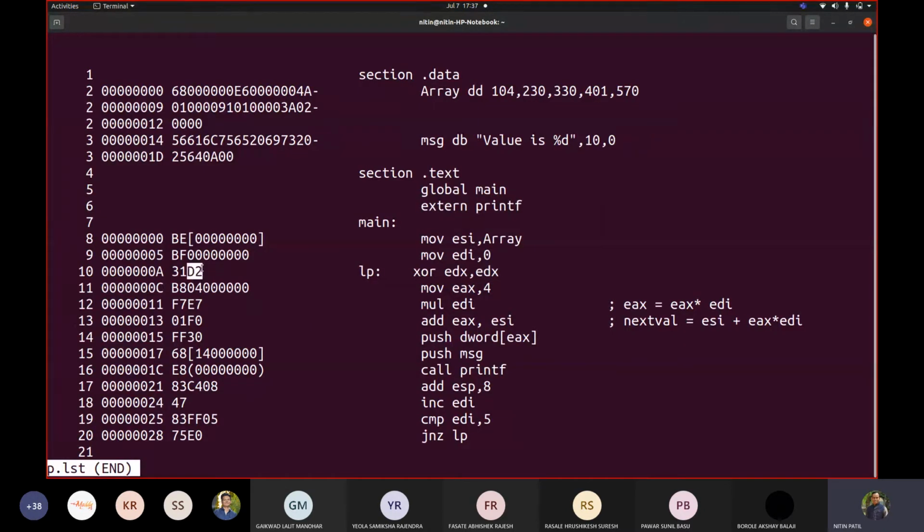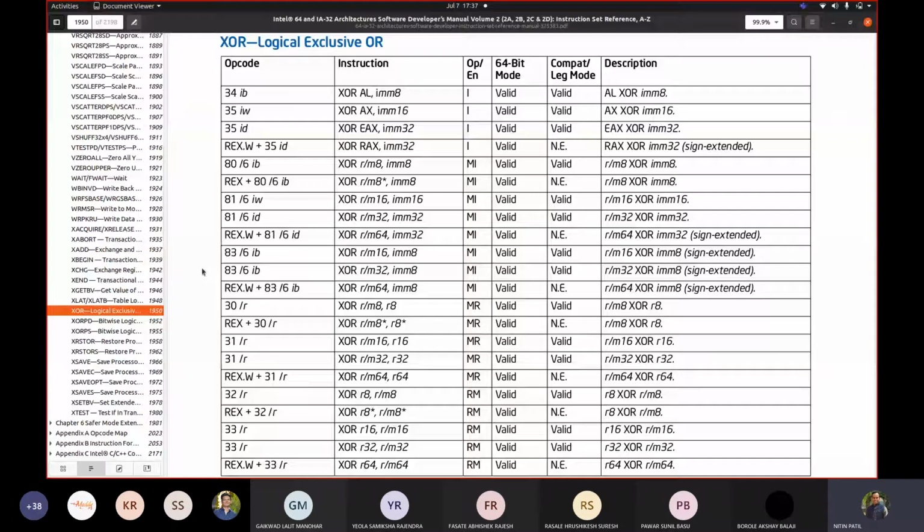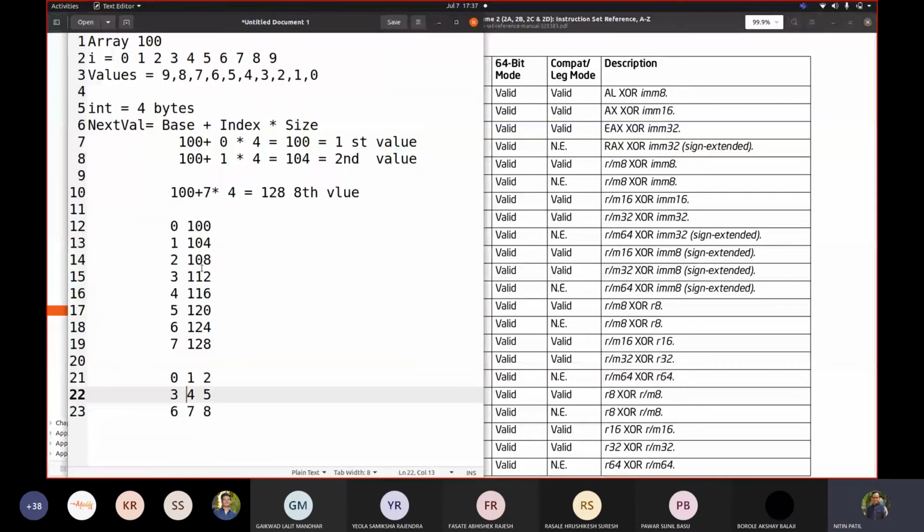If you take EDX, how would EDX be represented? So if you have EDX comma EDX, how would that be represented? What is the number for EDX? 0, 1, 2. So 010, 010, and then mod to be 11.